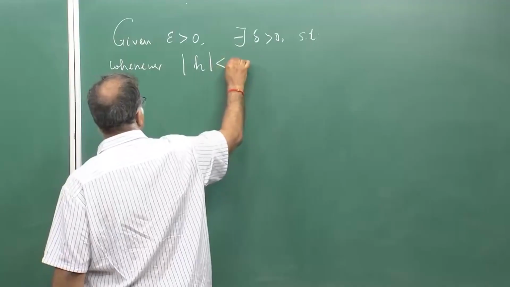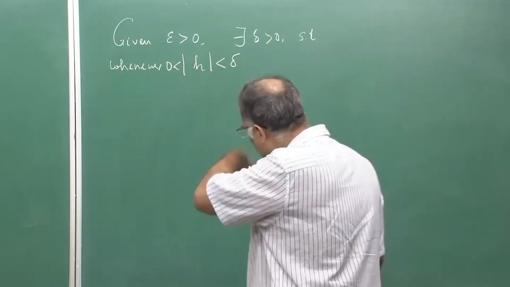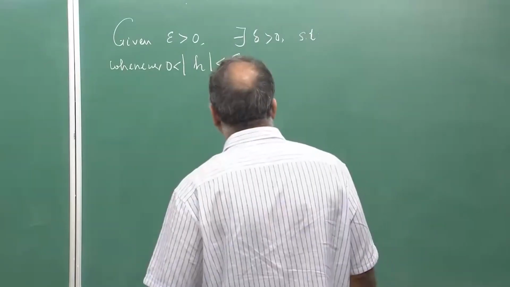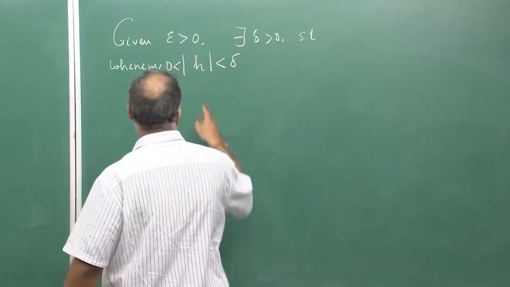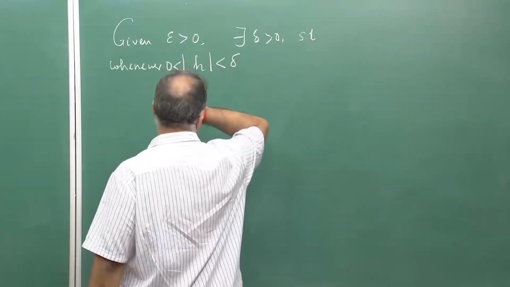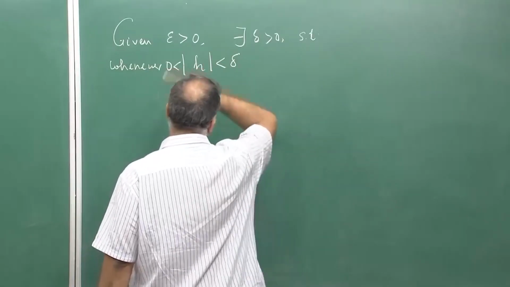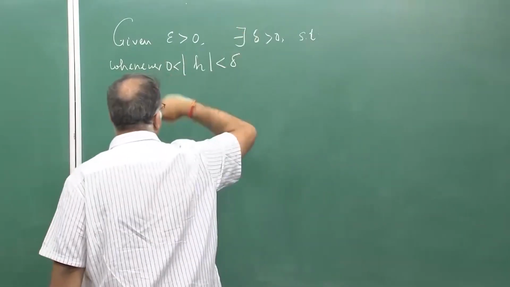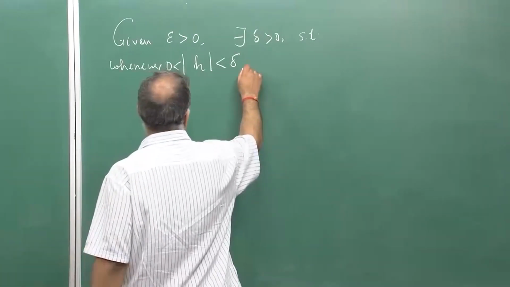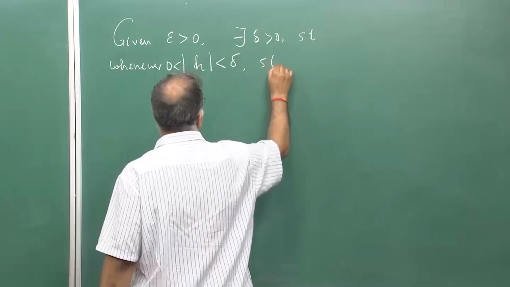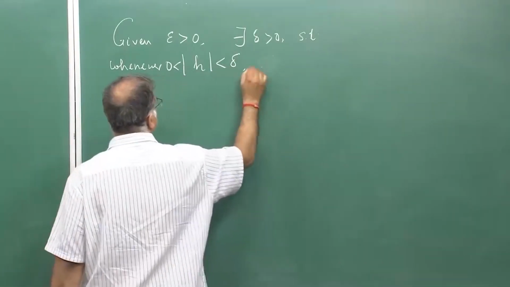there exists a delta greater than 0 such that whenever mod of h is strictly less than delta and strictly bigger than 0, h is not equal to 0 of course. Then we can't take the punctured neighborhood around 0; we are taking a neighborhood around 0, but not including 0, just as in the definition of the limit, such that by the definition of the limit, whenever this happens, we have